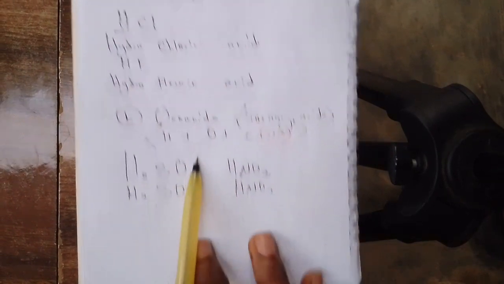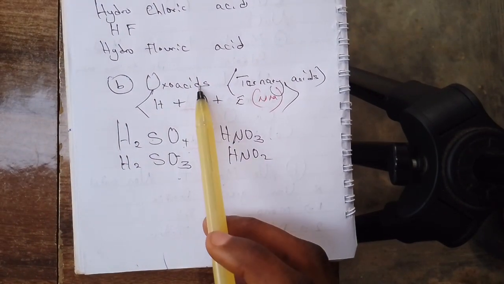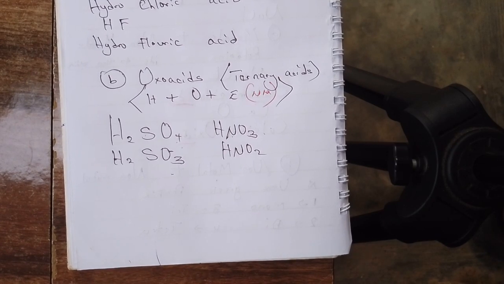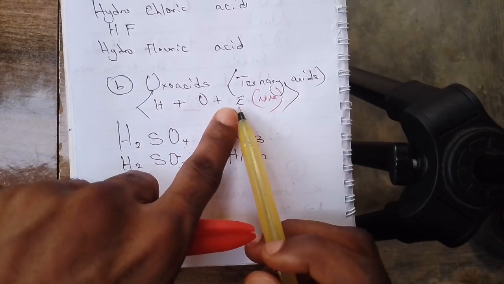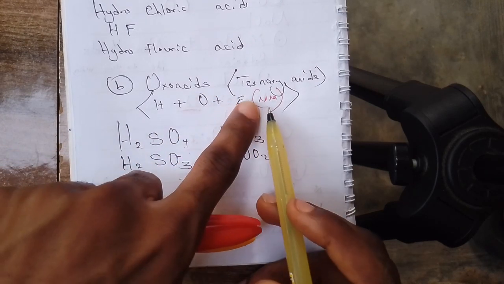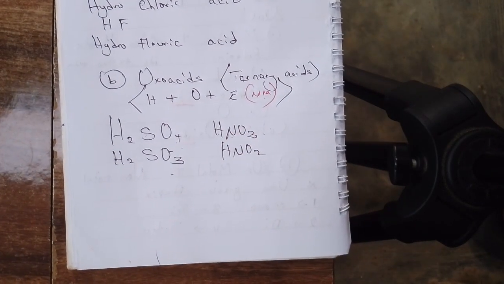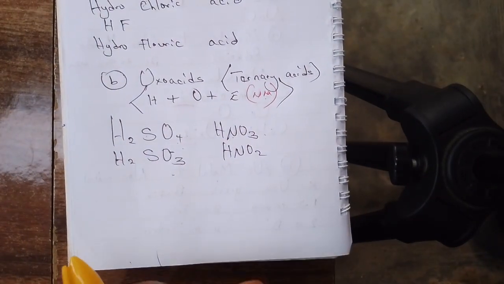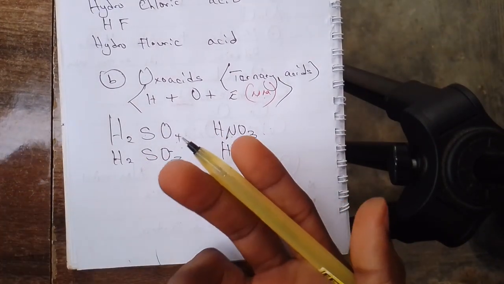Simple like ABC. Now the second category of acids are oxoacids, also called ternary acids. Oxoacids are just acids that contain oxygen. So in this case, they contain hydrogen plus oxygen and another element, which is mostly a non-metal. Now I want to explain something here. When naming oxoacids, the pattern we use in Nigeria, in our textbooks, like Essential Textbook, and I think there's also New School,